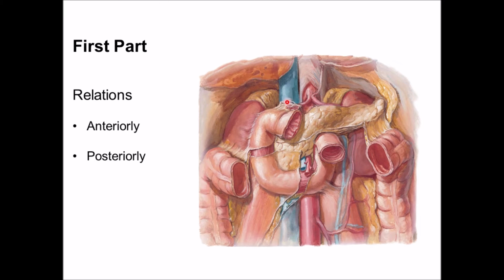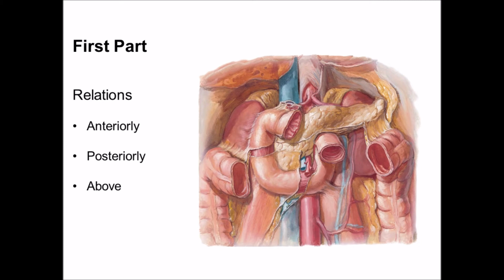These are the portal vein, bile duct and gastroduodenal artery. Posterior to these three structures runs the inferior vena cava, and the inferior vena cava is separated from portal vein, bile duct and gastroduodenal artery by one foramen, that is the epiploic foramen. The upper border of duodenum gives attachment to the free margin of lesser omentum in its proximal part.